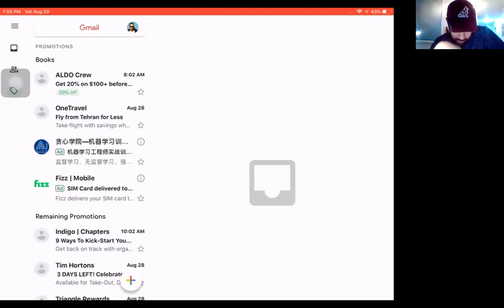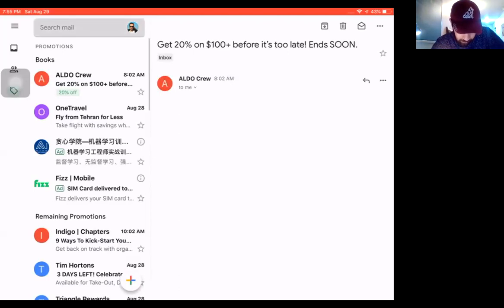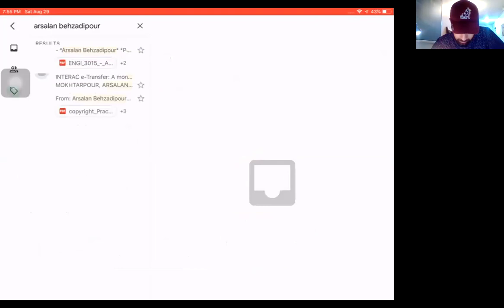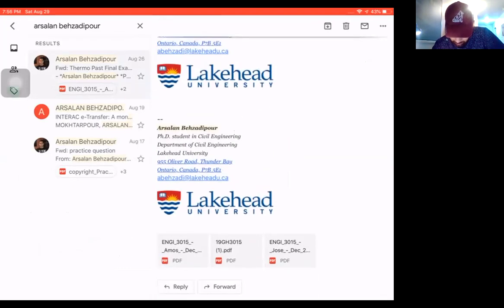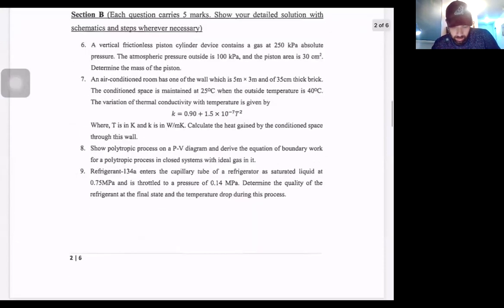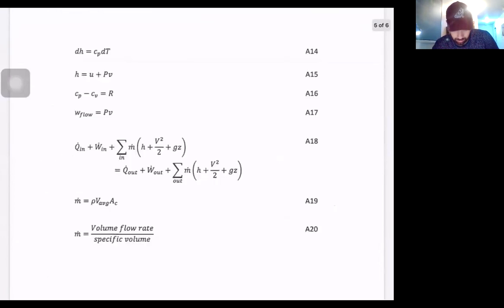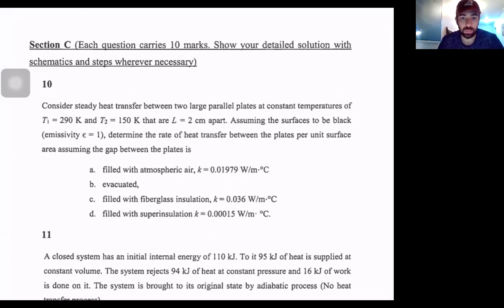I think it should be there. Okay, if you can see the